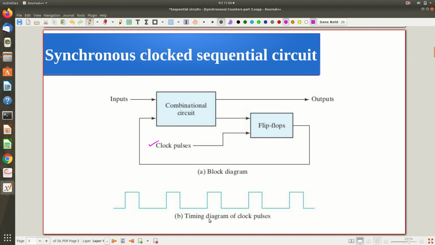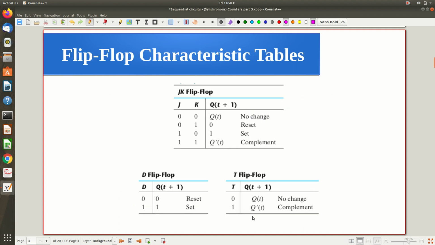And there will be a timing diagram for the clock like this, and during every rising edge, whether you are having positive edge triggered or negative edge triggered, the flip flops will be triggered. And now another thing we already saw is the characteristic table. Hope you remember. This is what we discussed throughout the discussion of the flip flops. Mainly SR, JK, D and T flip flops are studied, but in most cases we will focus on